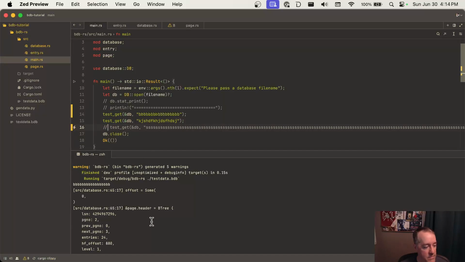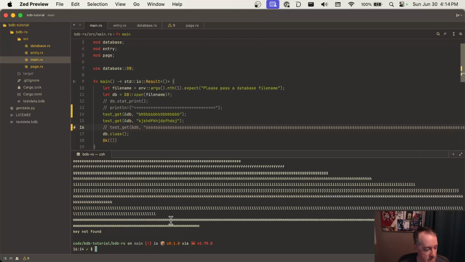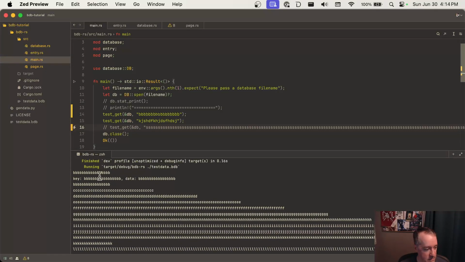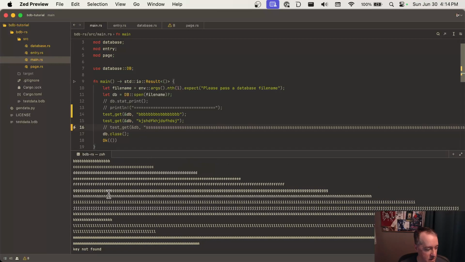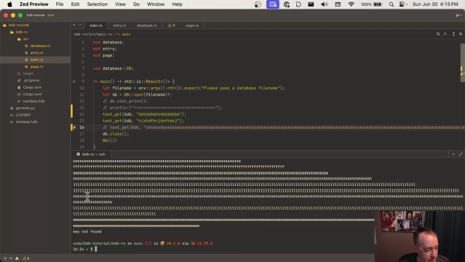Okay. So let's run that. I've removed some of the debugs, but it's going to print out everything that it's scanning, right? So it found key data, right? And now it's scanning for KJS HD8, right? Okay. And it doesn't found it. Interestingly,